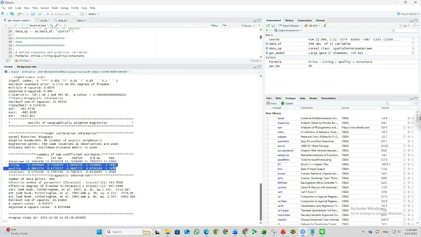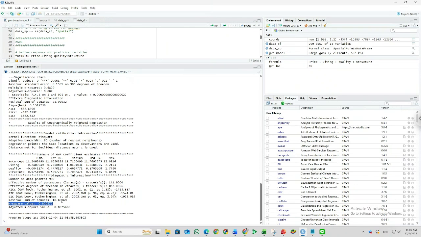of the house price. So we can see here the R square is increased compared to the global regression. In the global regression it is around 60, but in the GWR the R square is more than 80.